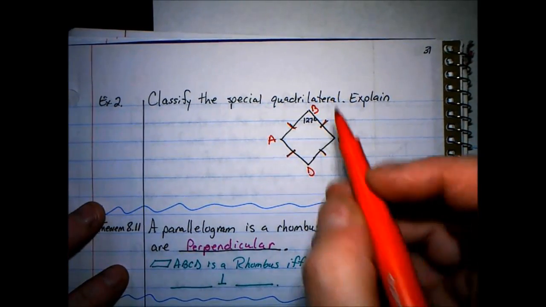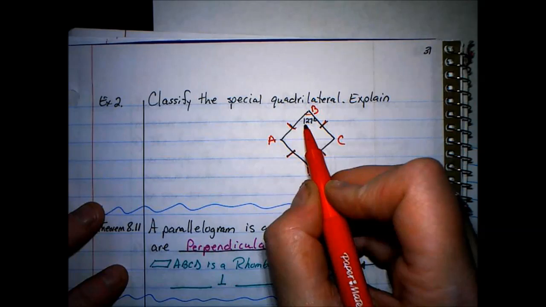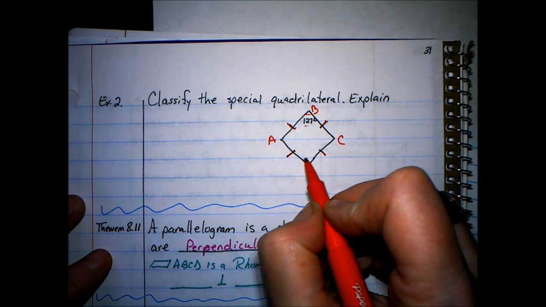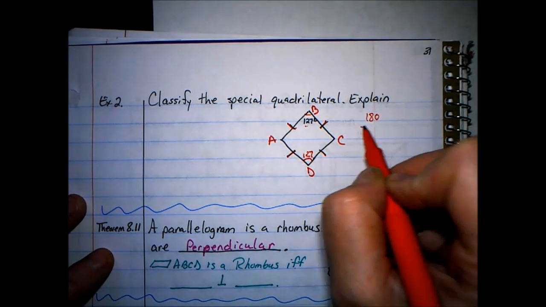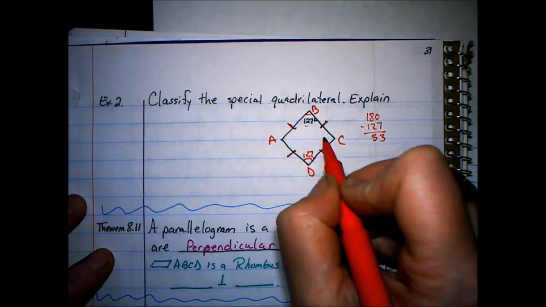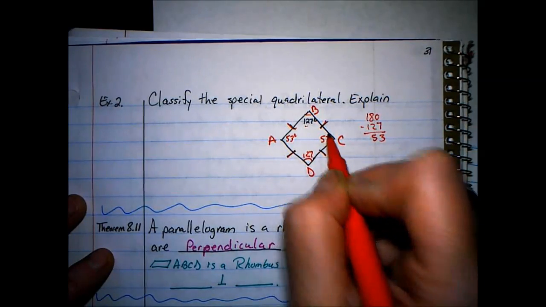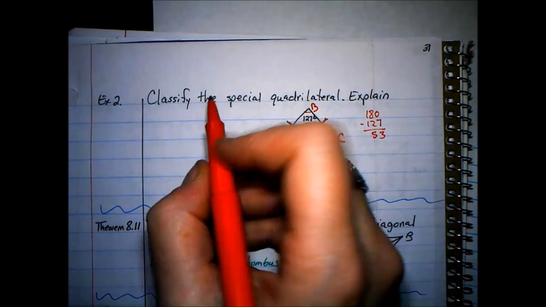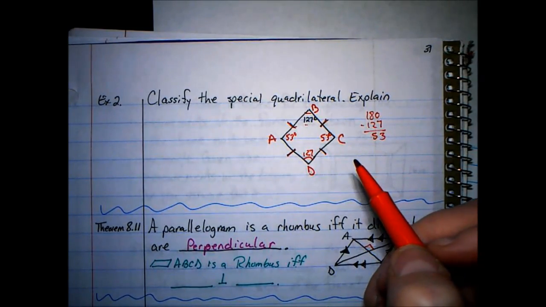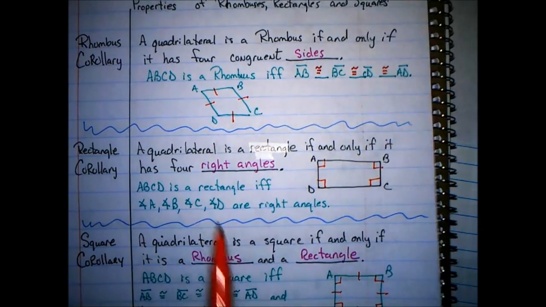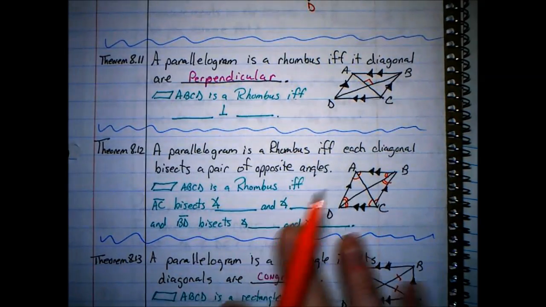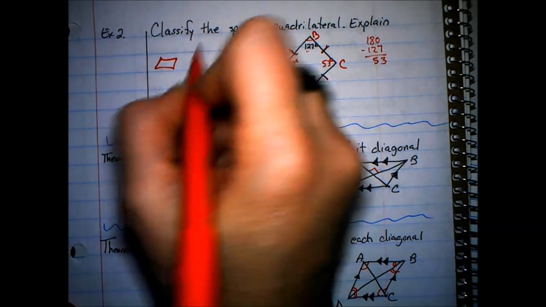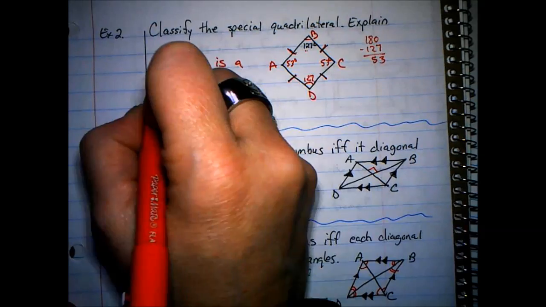But if I look at angle B up here at the top, I see that it is 127 degrees. That means the opposite angle is 127 degrees. To find angle A or C, I'm going to do 180 minus 127, and that tells me it's 53. That's what the other angles happen to be, 53 degrees. Knowing that information tells me that A and B are not congruent. Therefore, this cannot be a square. B, C, and D would have to be right angles, which means they have to be congruent. So I'm going to say that this quadrilateral ABCD is a rhombus